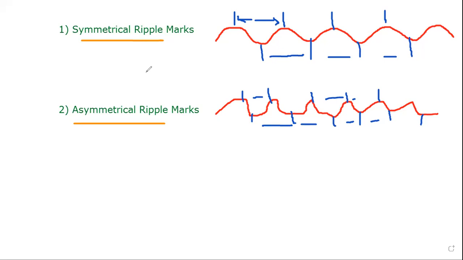Now, if there is flowing wind or flowing water having constant speed and direction, then symmetrical ripple marks are formed. What is the condition? If there is constant speed and direction, then symmetrical ripple marks are formed at that place. And if the speed and direction are not the same, if they change from place to place, then in such an area the asymmetrical ripple marks are formed. When are asymmetrical ripple marks formed? If the speed and direction change from place to place, then in such an area the asymmetrical ripple marks are formed. Okay,